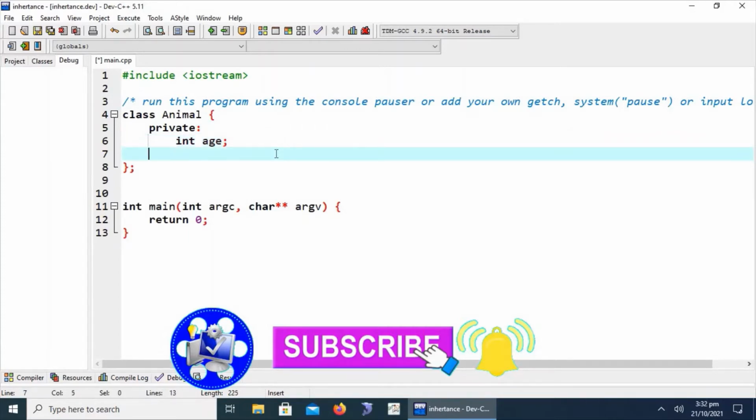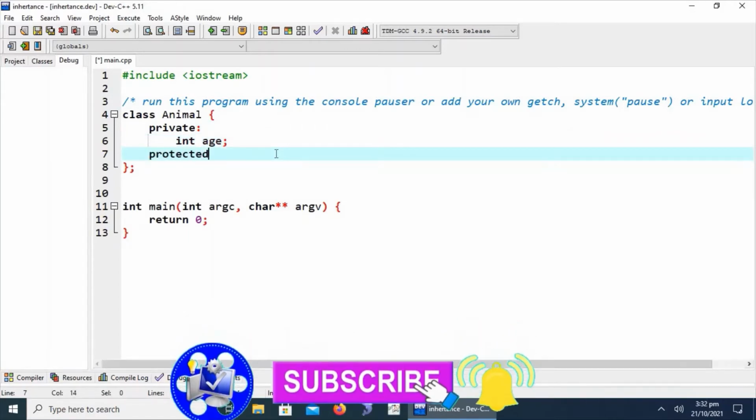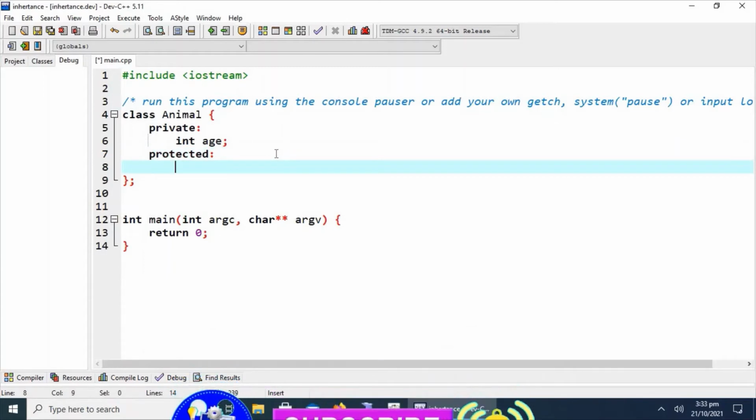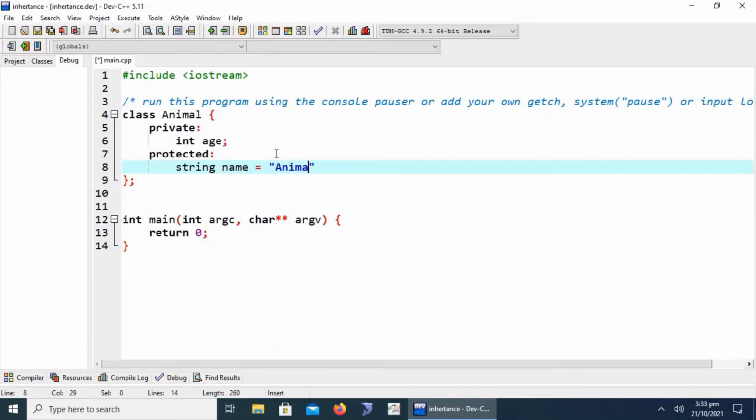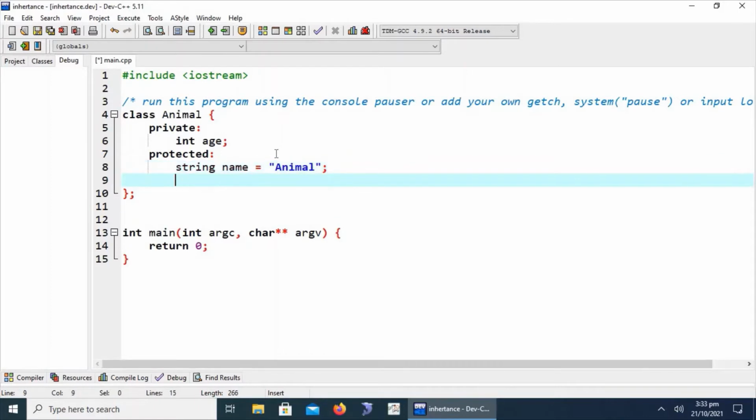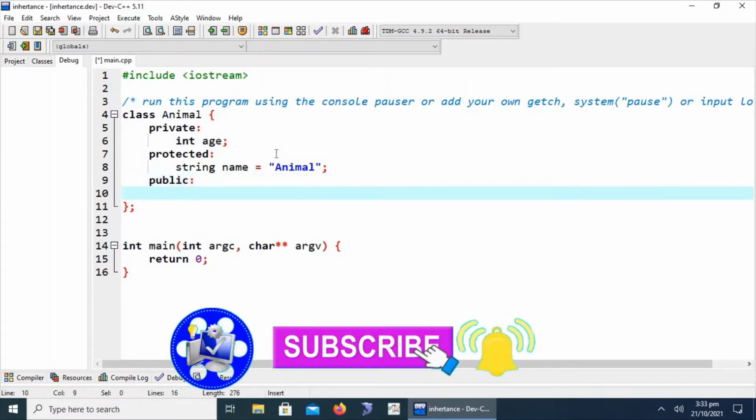We are now declaring protected members. Let's suppose this is string name. And finally we are going to declare public members of this base class, which is named animal.